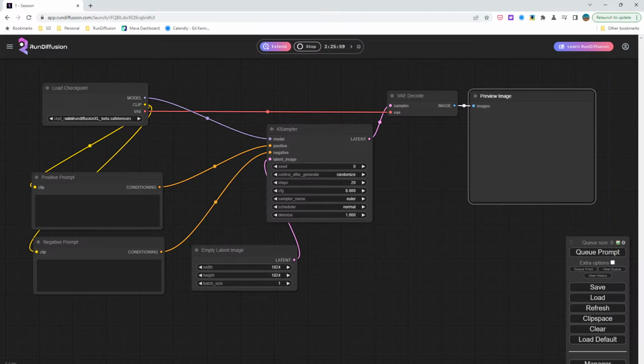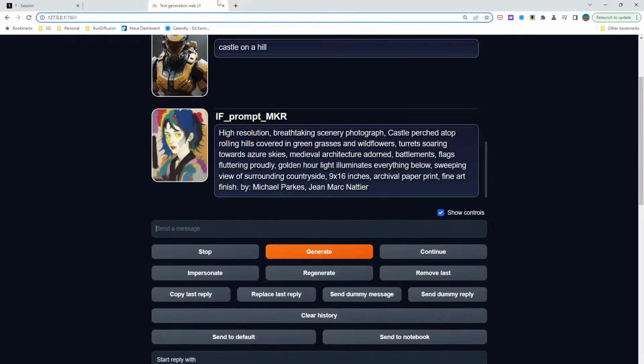Okay, so let's get a prompt. Yeah, I think I will create a castle. Okay, so we're going to look at a castle on a hill, and I'm pulling up the prompt maker here,